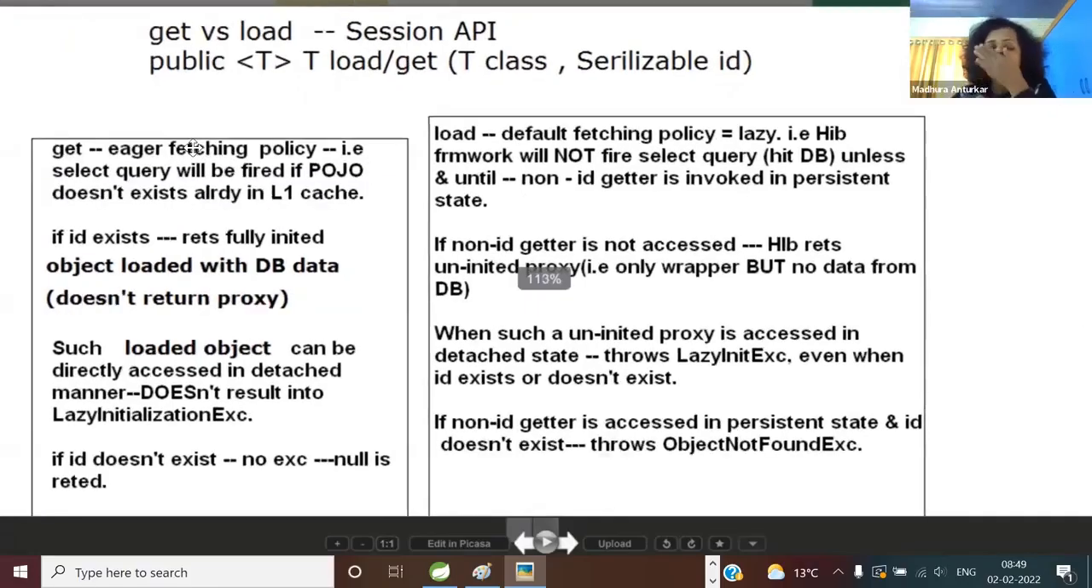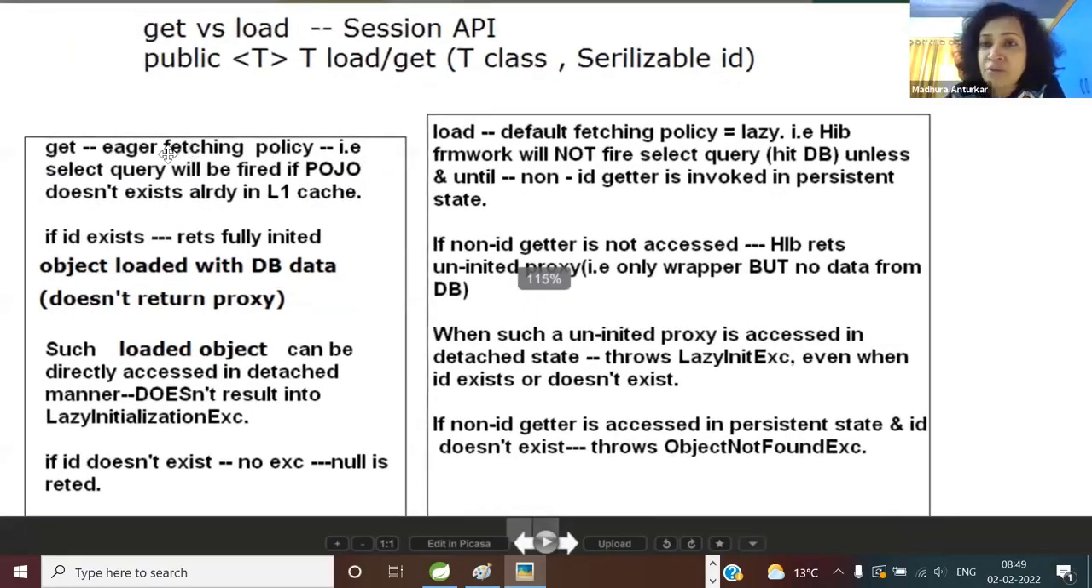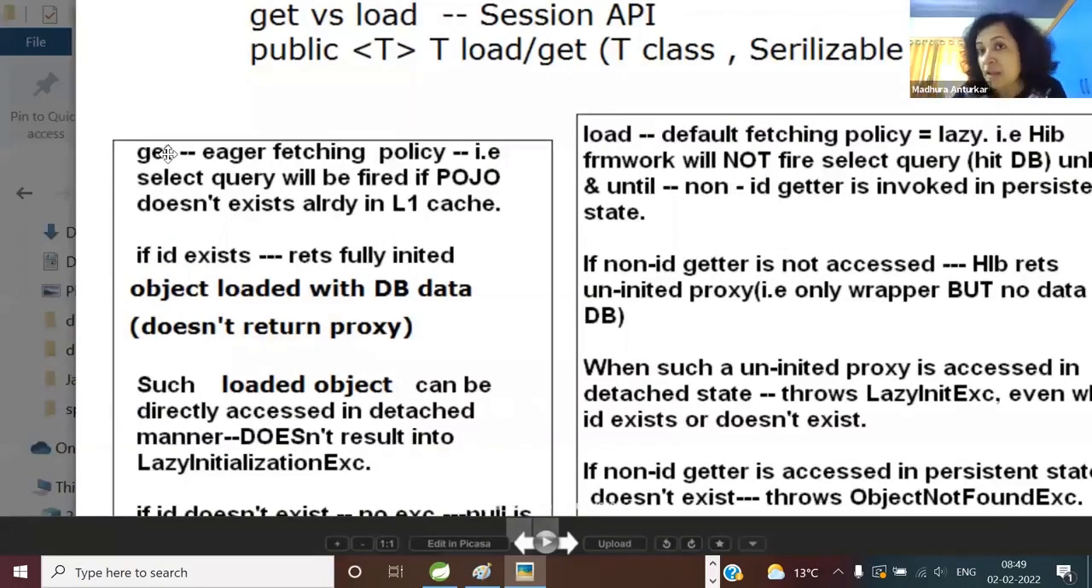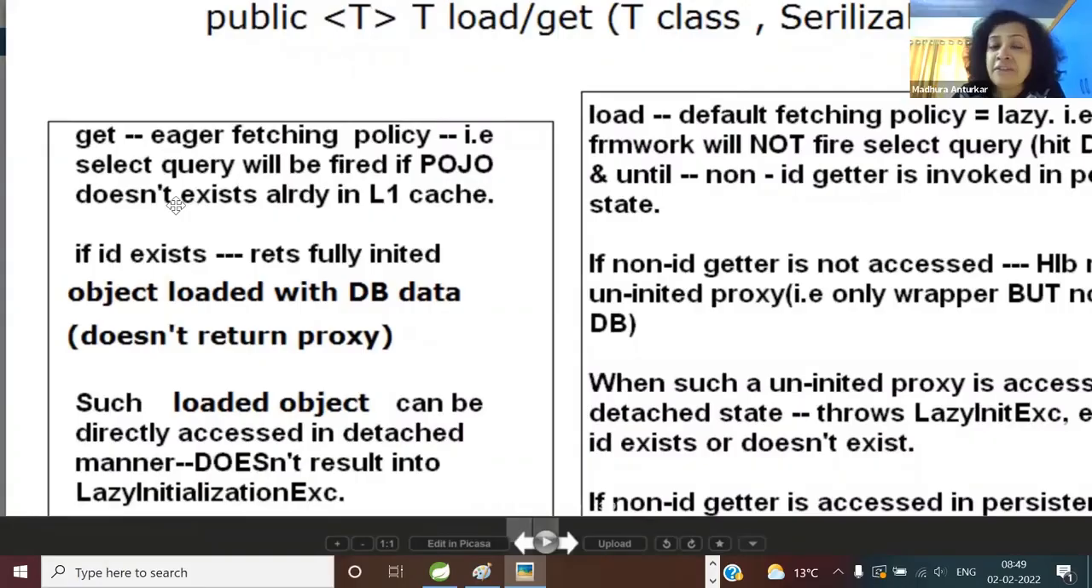So here, when you say get, it uses an eager fetching policy. Means what? Refer to all those diagrams I've shared, so many diagrams for the internal working of get and all. So when you say session.get, a select query will be fired if the persistent POJO reference does not exist already in